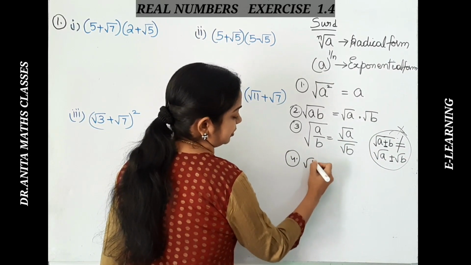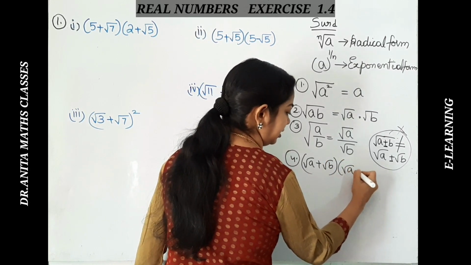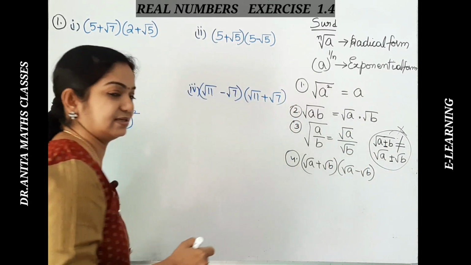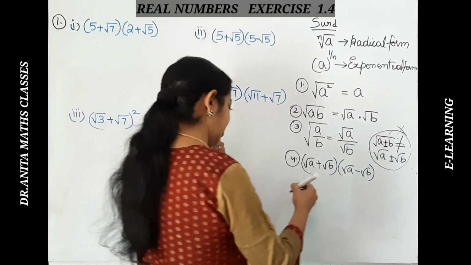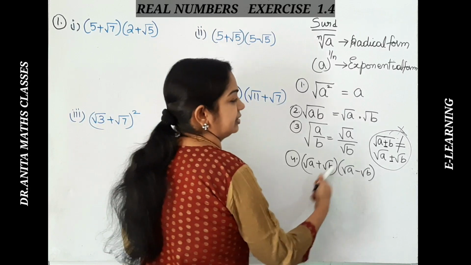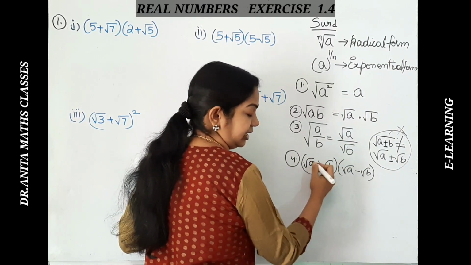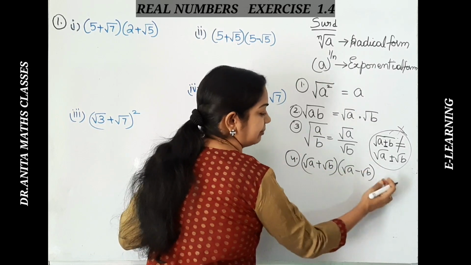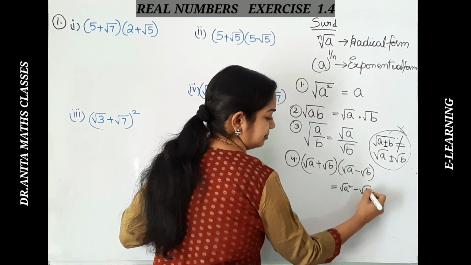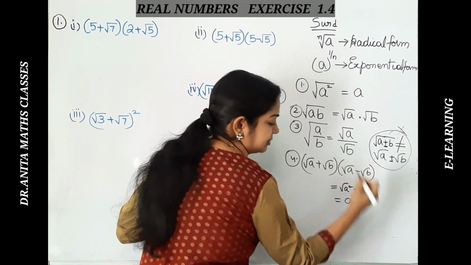If you are taking square root a plus square root b multiplied by square root a minus square root b, these are all things you have learned in previous classes, like in 8th class and before, the formula of (a plus b)(a minus b). The same thing applies for surds also. Root a times root a is nothing but a only. So (a plus b) into (a minus b) is a square minus b square. That means this a square minus b square, and as we know, this square is nothing but a. So this is simply a minus b.